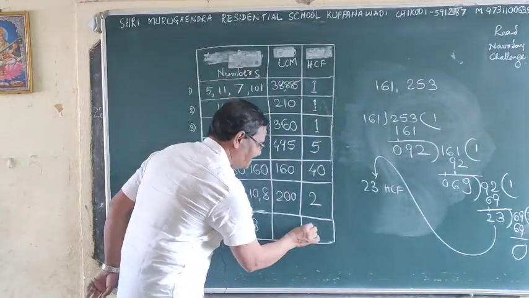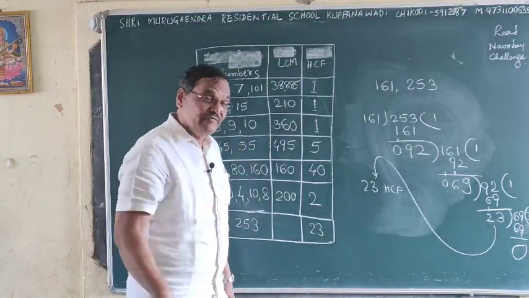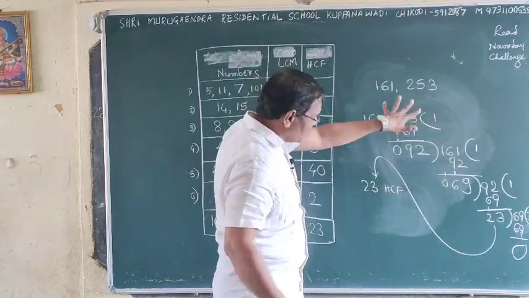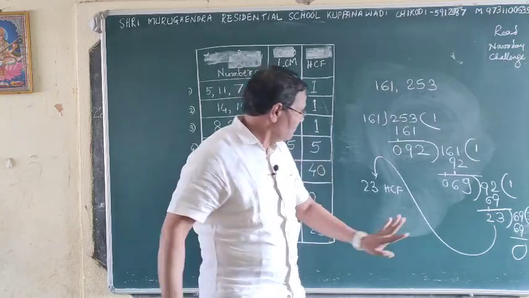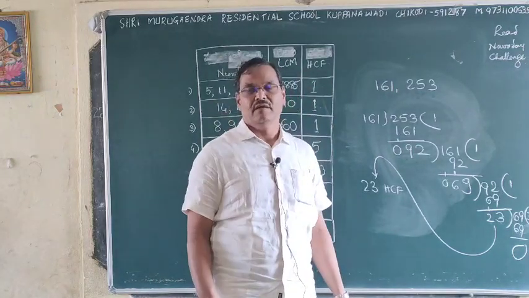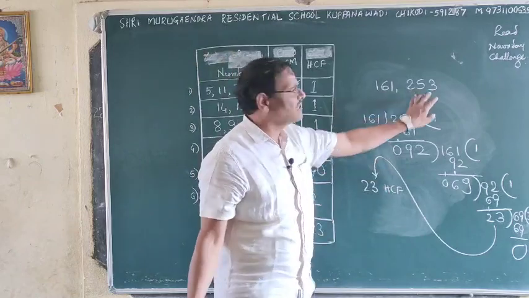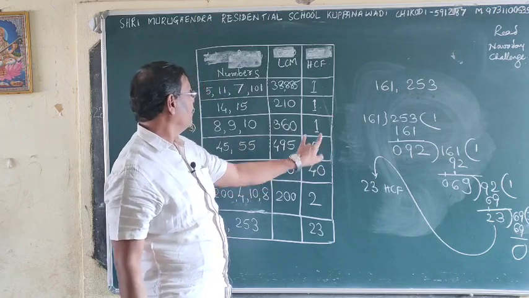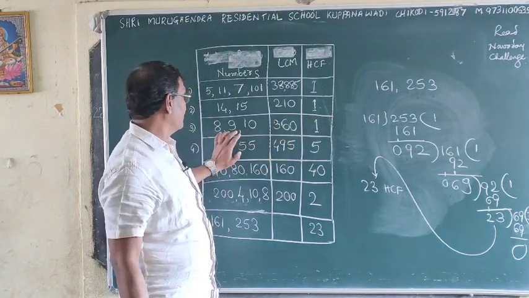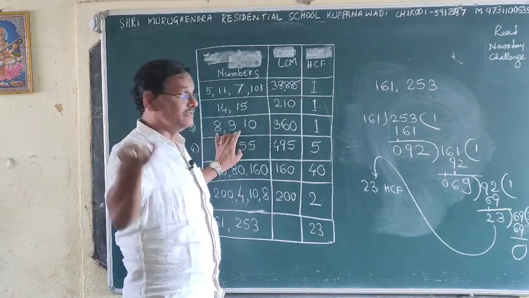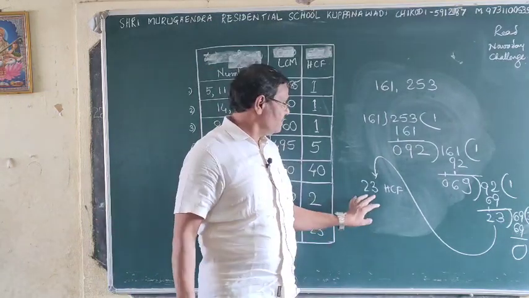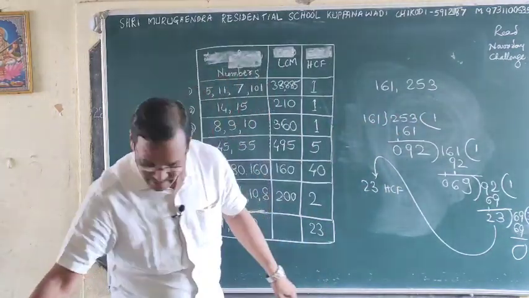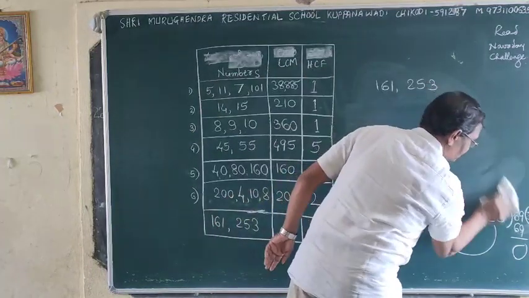Okay, 23 is HCF. Now what is the benefit here to find LCM? If you are confused, you go with continuous division method and you will conclude that one HCF. If it is 1, then you can multiply and put, isn't it? Whereas here it is difficult. See, here we can't multiply it. Yes, here what you found 23 is HCF, then we can divide this, isn't it? Then 23 is HCF.